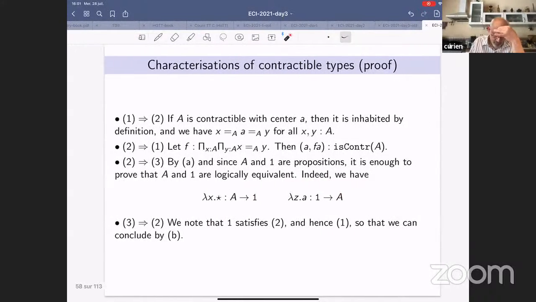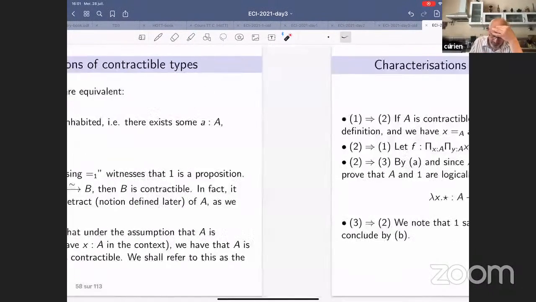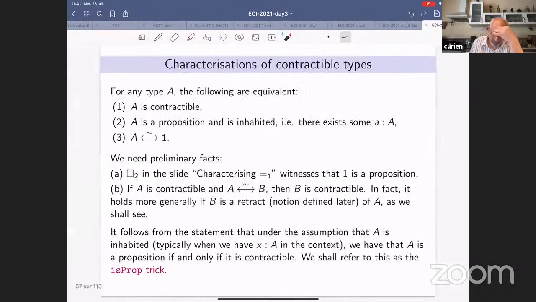And then 3 implies 2. Okay, so if I have such an equivalence, we need to show that it is a proposition, it is inhabited. Actually what I prove is I'm using B. So I know that 1, sorry, I need probably to show that 1 is contractible. Yes, I know that 1 is contractible. Why? Because I already know that 1 is a proposition and 1 is inhabited. It has star as an element. So 1 satisfies 2, and hence it satisfies 1, because we already proved the equivalence. So we know that 1 is contractible, and hence A being equivalent to 1 has to be contractible by this fact here. So end of the proof of these